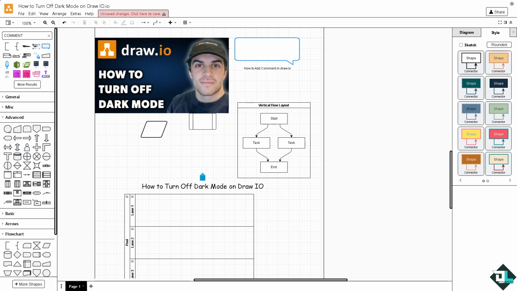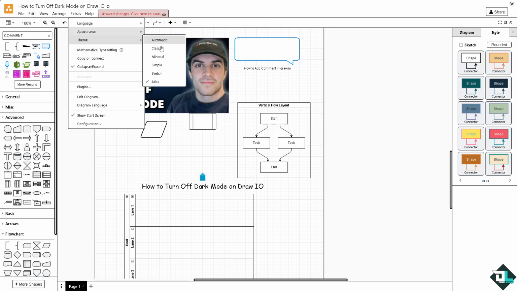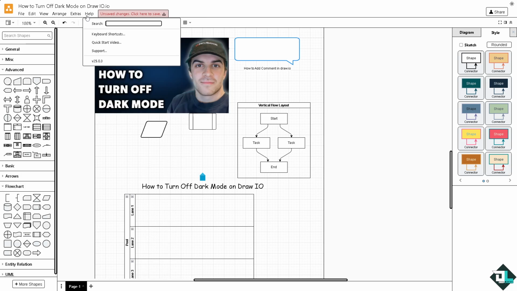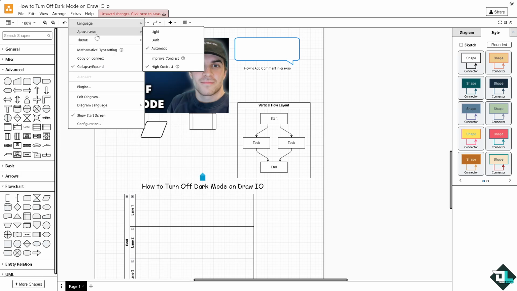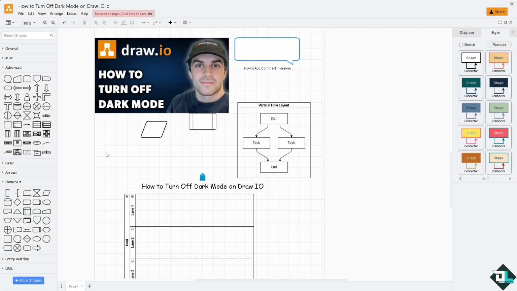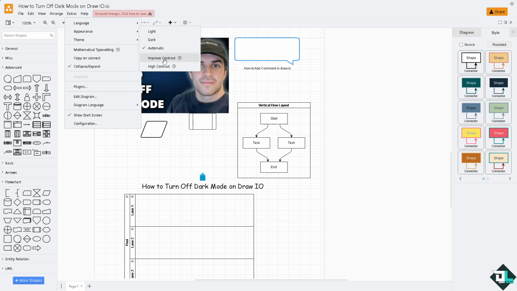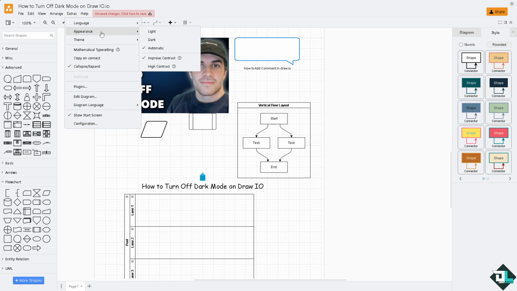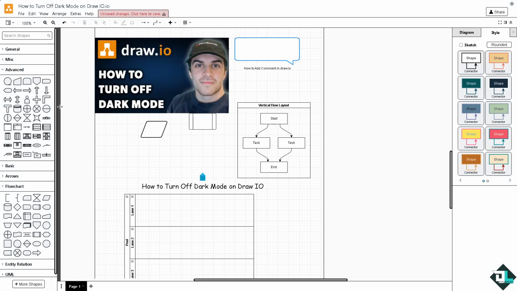Now, for users who work in well-lit environments, light mode can provide better contrast. Matter of fact, if you want to have a better contrast, go to extras, appearance, and improve contrast right here. You see, there isn't much of a thickened edge, right? If you go to extras, go to appearance, click the improve contrast. It'll take a little while, but you would notice the difference later. If you click this again and click the high contrast, see there's kind of a thickened edge,